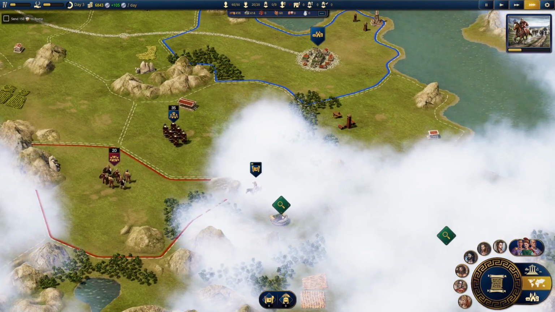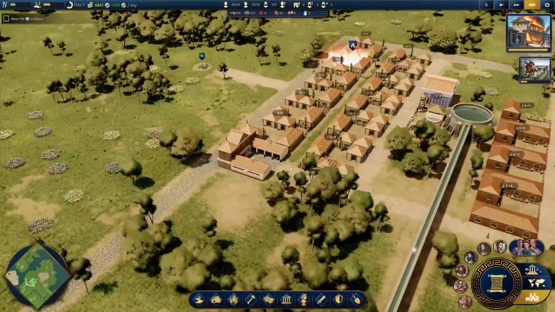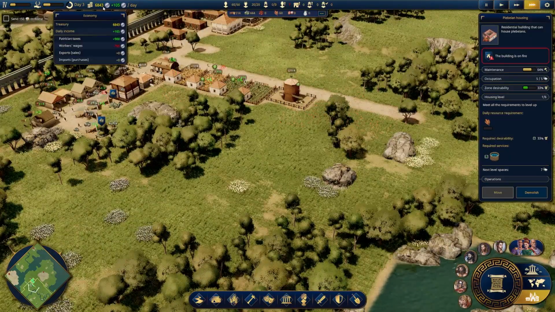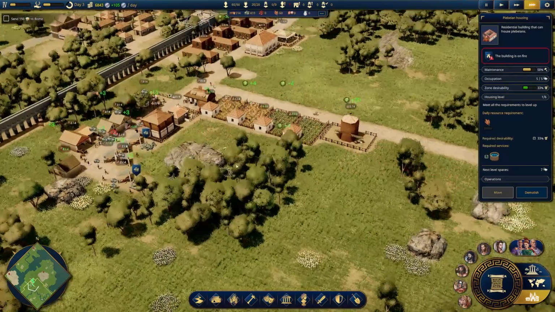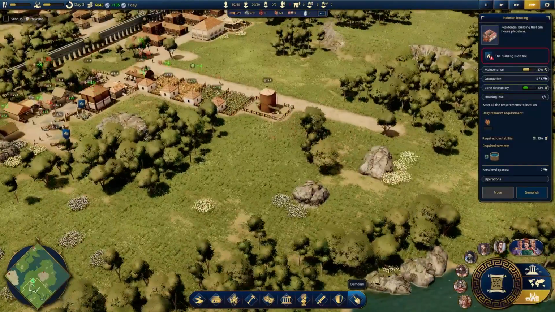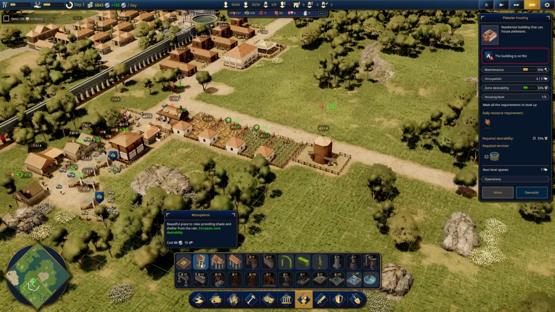Let's see if we can find the cheese. We got to be able to find the cheese. I believe. Okay, you're on fire, but that's fine. We're still making money, although it is not plentiful. I'll say that much. We can build. Oh yeah, I haven't shown off the